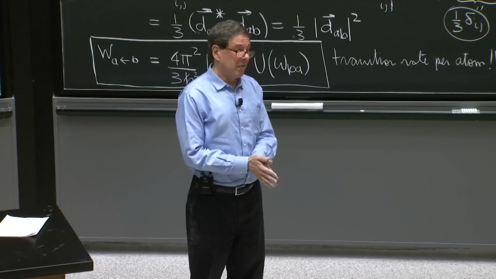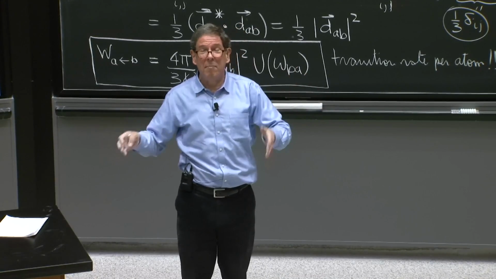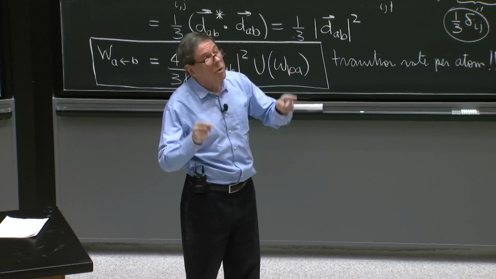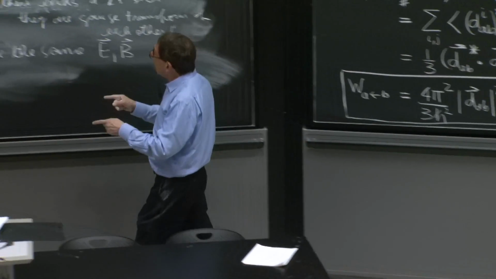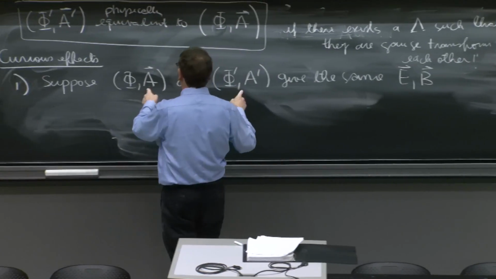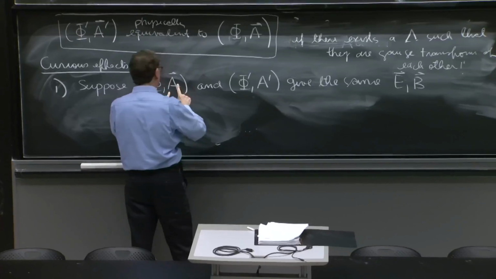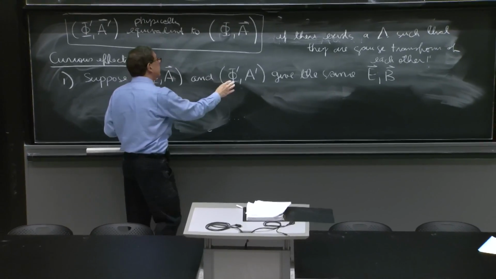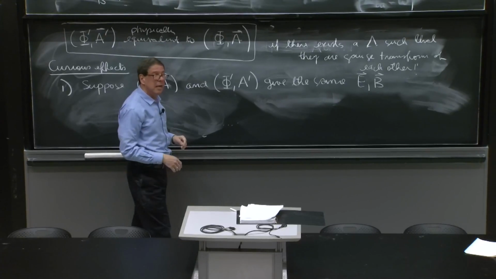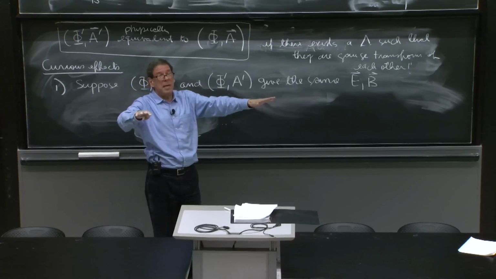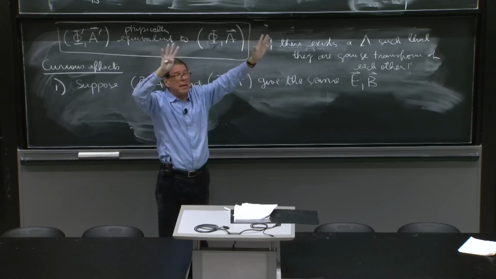Maybe, but not obvious. In classical physics, you will say, yes, if they give you the same E and B, these are equivalent. No, now you would have to show that there is some lambda so that they are gauge equivalent to each other. You see, the fact that they're gauge equivalent guarantees they give the same B and E. But if they give the same B and E, it may happen that you still cannot find a lambda that